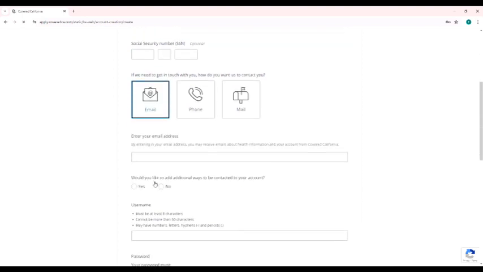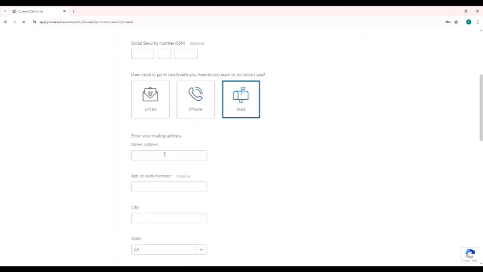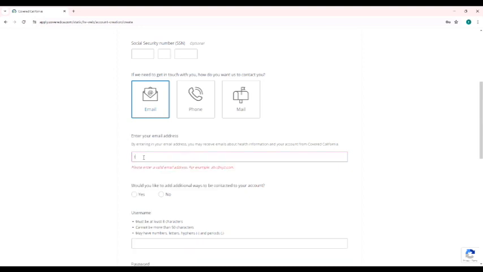If it's email, you can click on that. You can put in your email address. If it's by phone, you put in your phone number. And if it's by mail, then you need to enter your mailing address. So for the purpose of this video, I'm going to select email. So here I'll put in my email, thecruisewithesther at gmail.com,